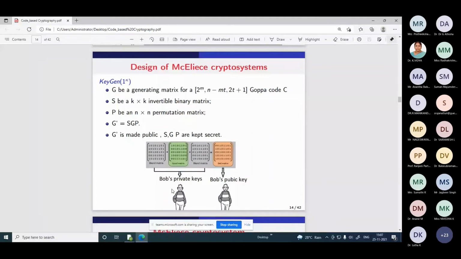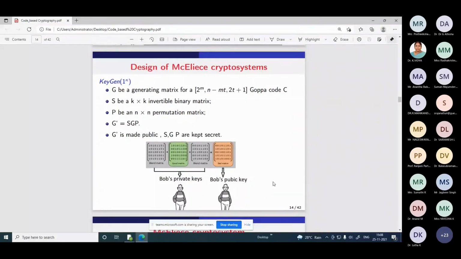The idea behind the information set decoding, it's a side channel attack, right? They are finding a set of coordinates of a garbled, scrambled vector which are error free, such that the restriction of the code's generator matrix to these positions is invertible. So they are identifying those error-free positions where the generator matrix is invertible, and with that submatrix and the received vector, they are multiplying and getting back the original message. Not the full message at first, a part of the message will be revealed. From that, they will get back the original message. That is the information set decoding attack. That is a side channel attack.